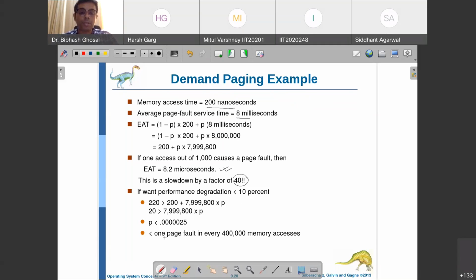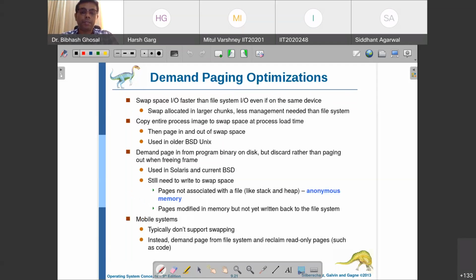So what happens is, and interestingly, you are getting one page fault in every 400,000 memory accesses. Every time you're trying to access something, you're getting one page fault. So this is the basic problem of demand paging, and it can be optimized. It has been optimized. There are a number of ways in which people have optimized that,